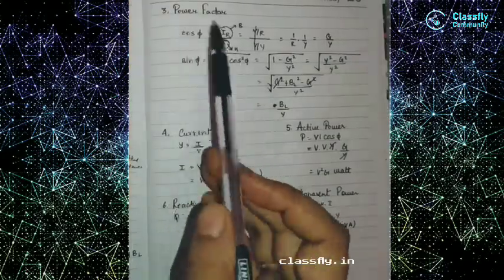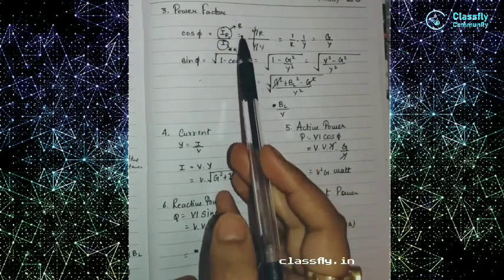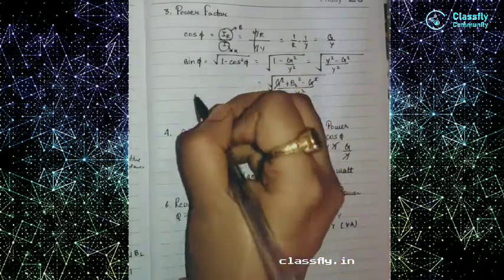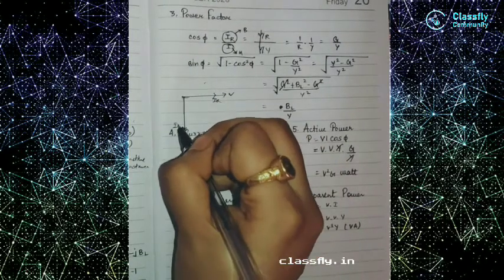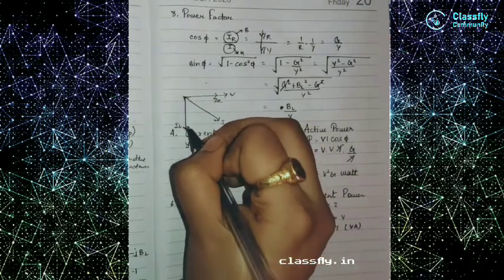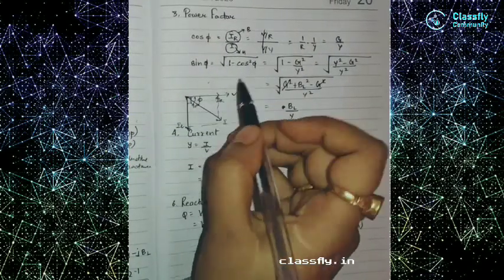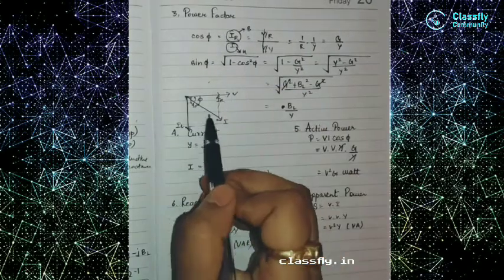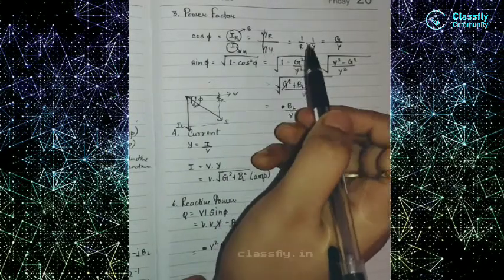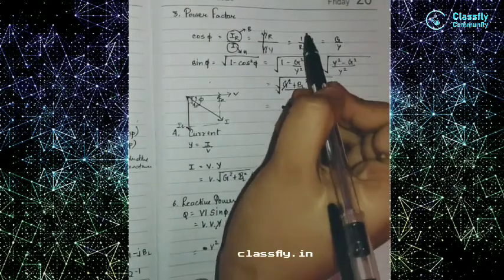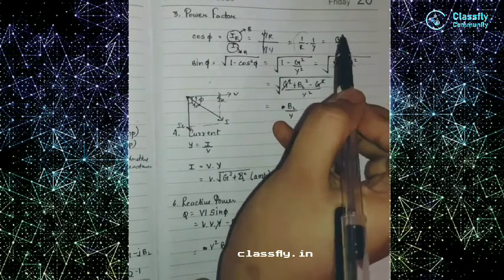The third parameter is the power factor. So cos phi. Cos phi, we know, is base by hypotenuse. This was our phasor diagram, right? So our base was IR, and I was our hypotenuse. IR can be represented by V by R, and I can be represented by V into Y. So V gets cancelled, and we know that 1 by R is the conductance, represented by G, so it becomes G by Y.